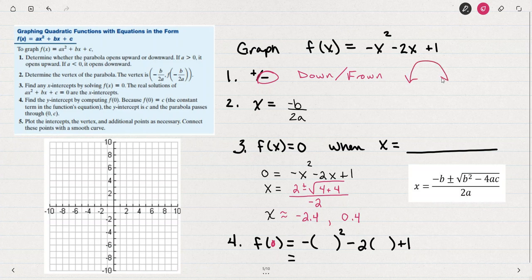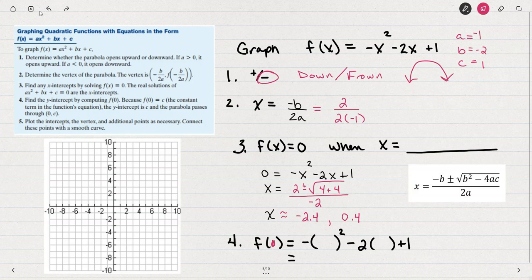I know right off the bat that it's going to look like this. And if I find the opposite of b over 2a, the opposite of b is 2, and a is -1. So in this form of the equation, we've got a equals -1, b is -2, c is 1. So if I replace b with -2, but we have the opposite of -2, that's why I wrote it as a +2,